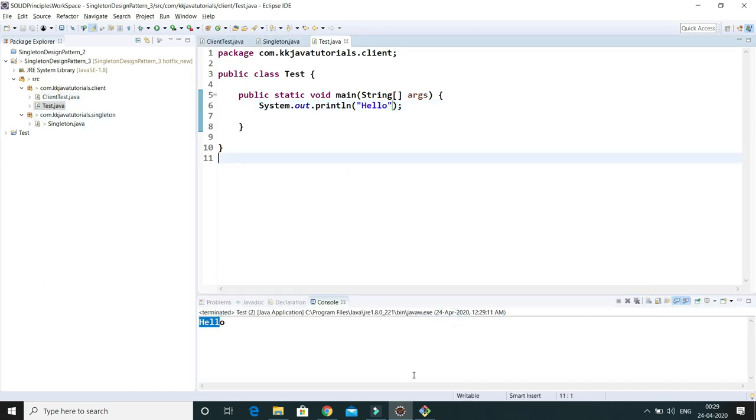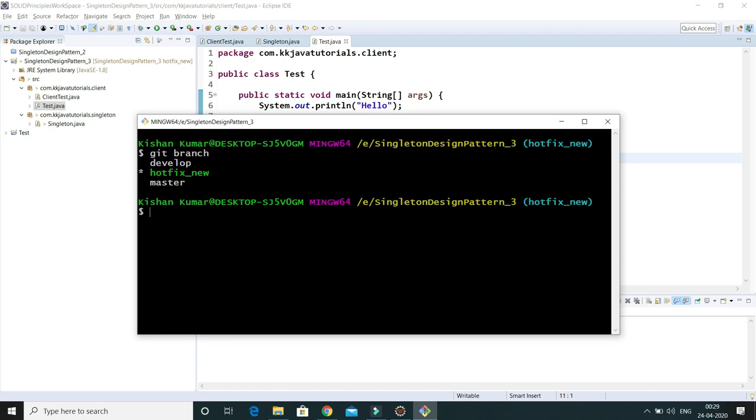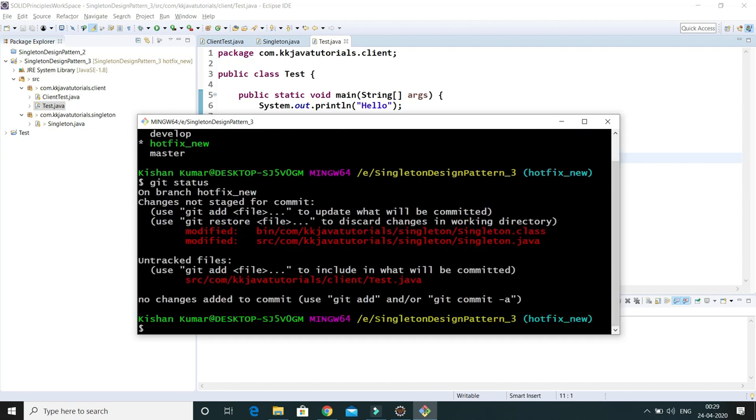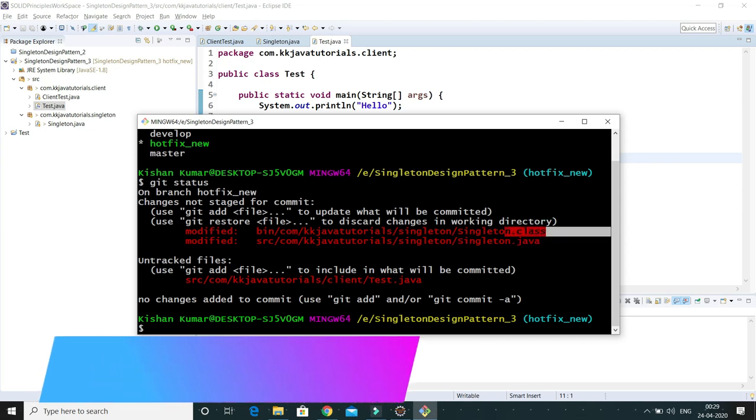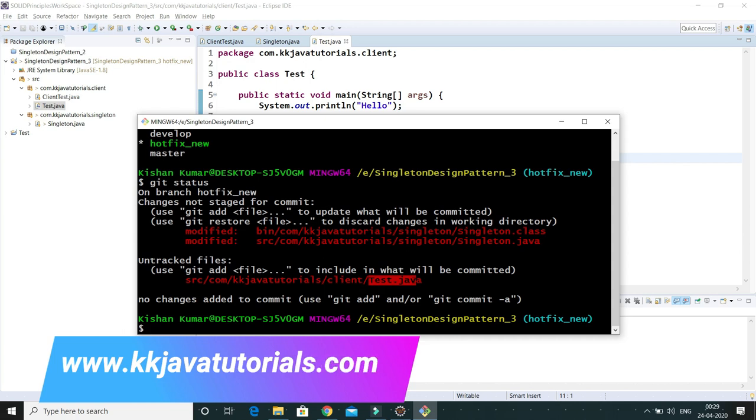Now if I go to git and do git status, you can see there are a couple of files showing. There is a change in Singleton.java and the corresponding generated class file, and test.java, which is a newly added class.